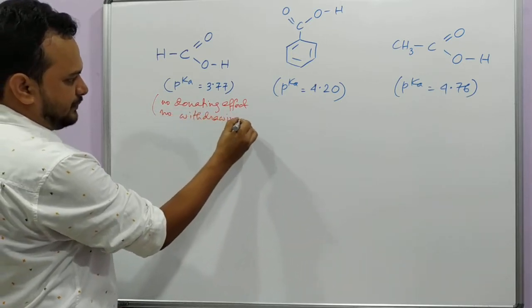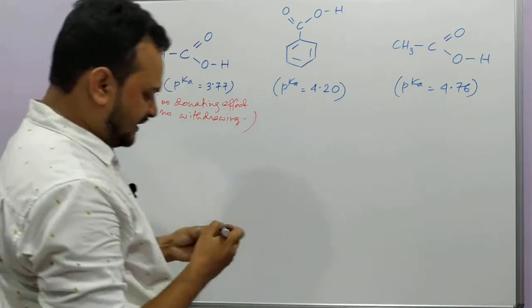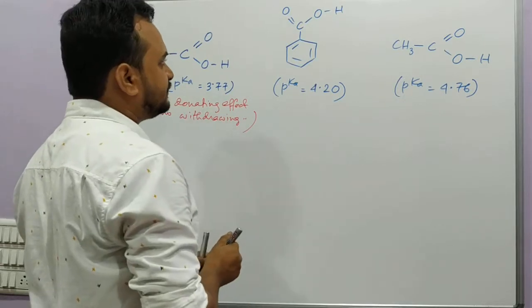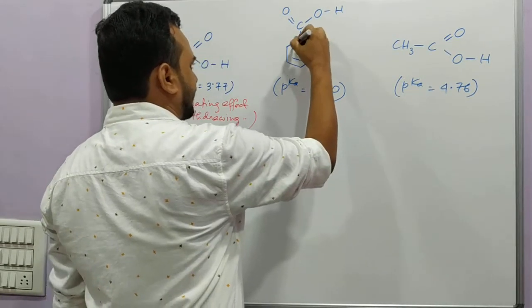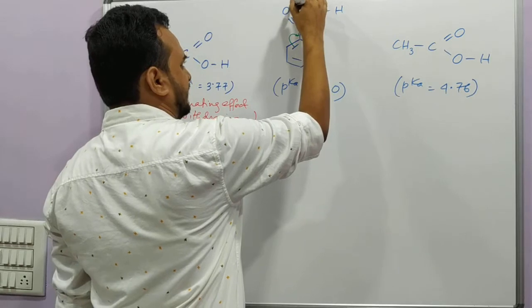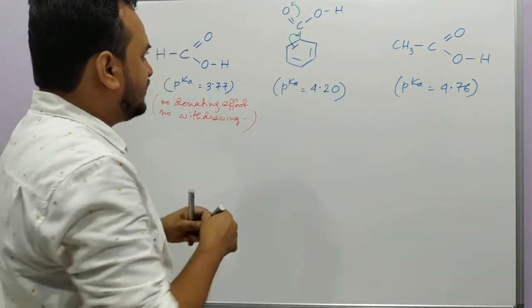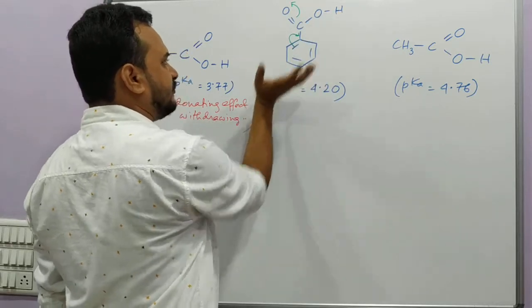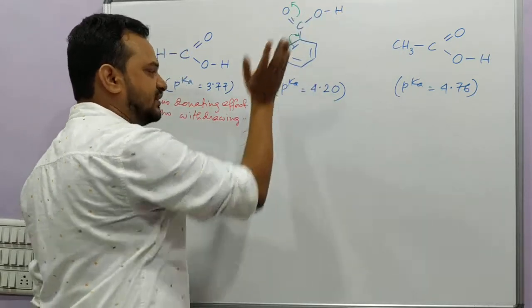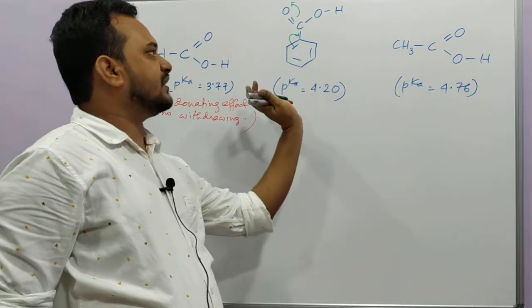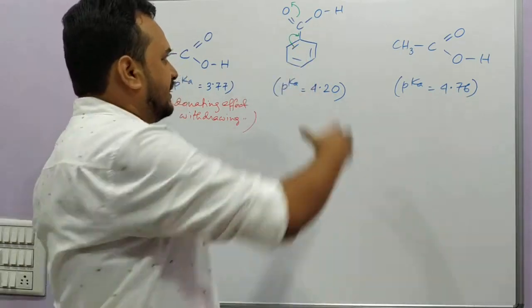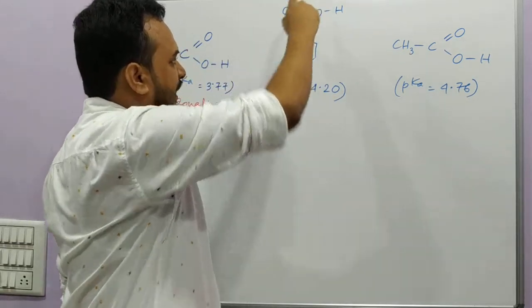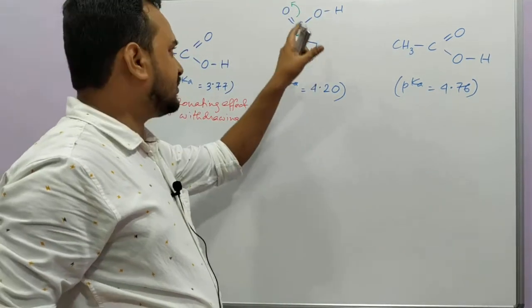When we take benzoic acid, then there is resonance operating, right? You all know resonance or conjugation. And how is it operating? It is operating like this. See, you can say it is either the minus R effect of the COOH group or the plus R effect of the phenyl group. Phenyl is pushing the electron density by resonance, so it is plus R effect with respect to the phenyl group, and if you see the COOH group, it is withdrawing the electron density from the ring by resonance effect, so it is minus R effect with respect to the carboxyl group.